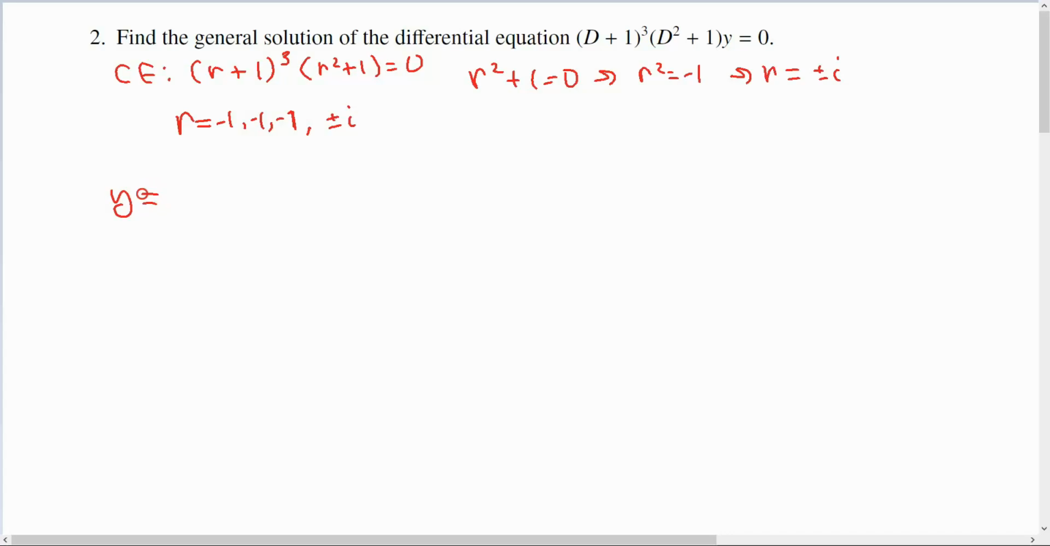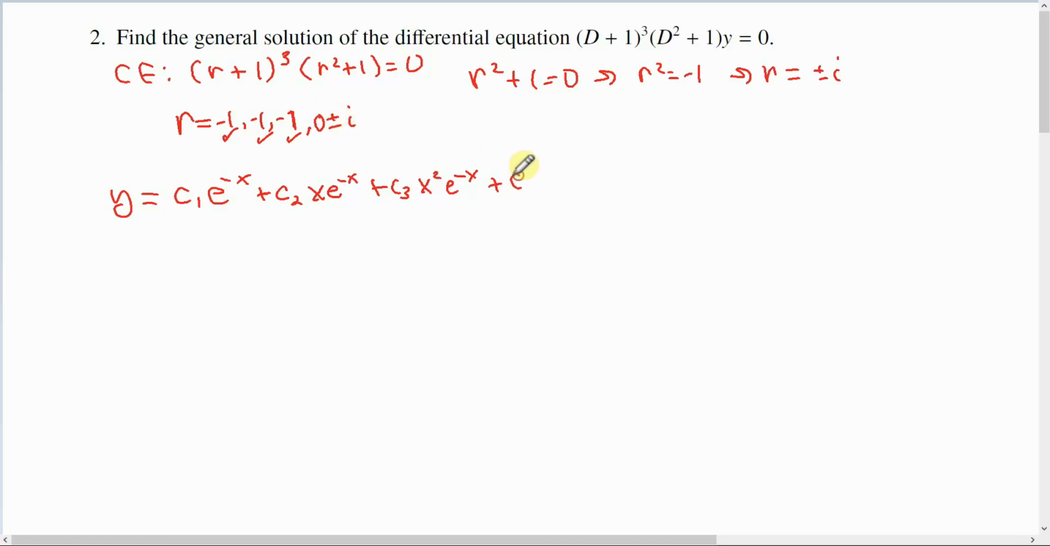The general solution would be c1 e^(-x). Then there's a repeated root, so I know that I have to do c2 x e^(-x). It takes care of 2, and then there's another one, so that's going to be c3 x^2 e^(-x). And then the non-real root here, I have a real part of 0, so it's going to be